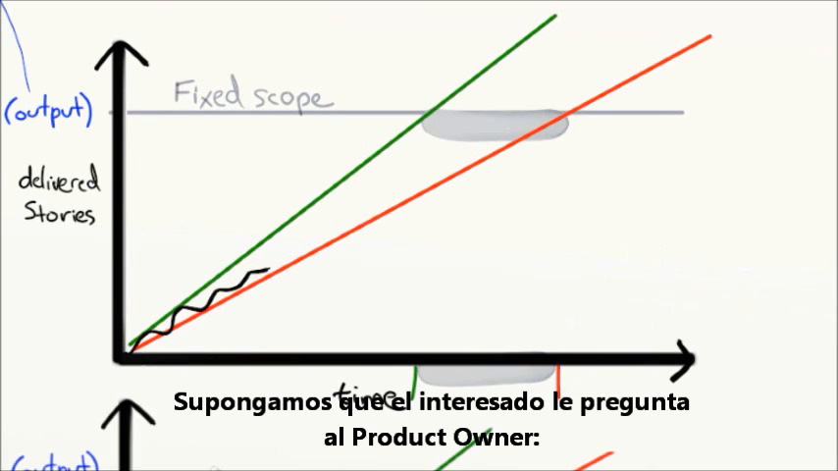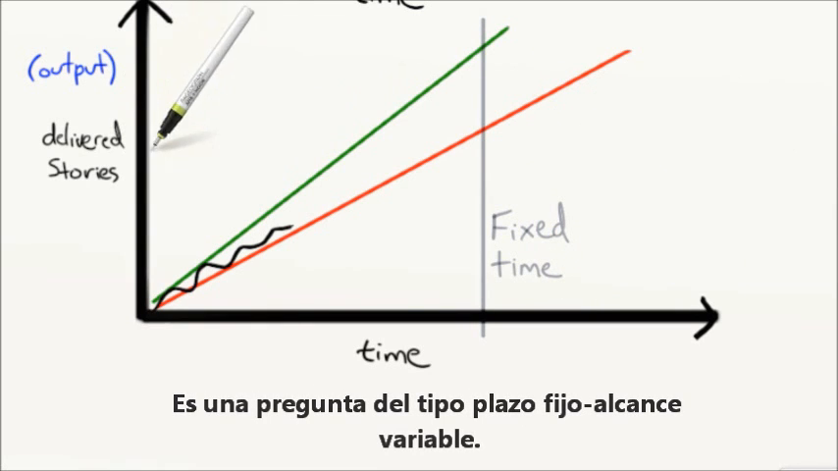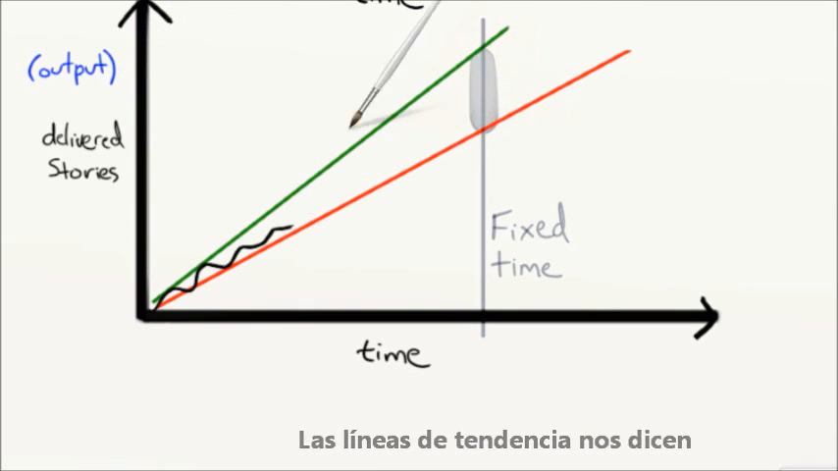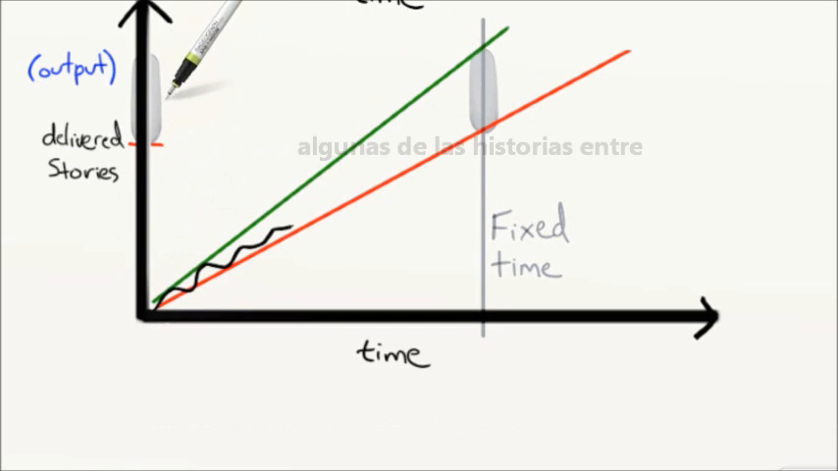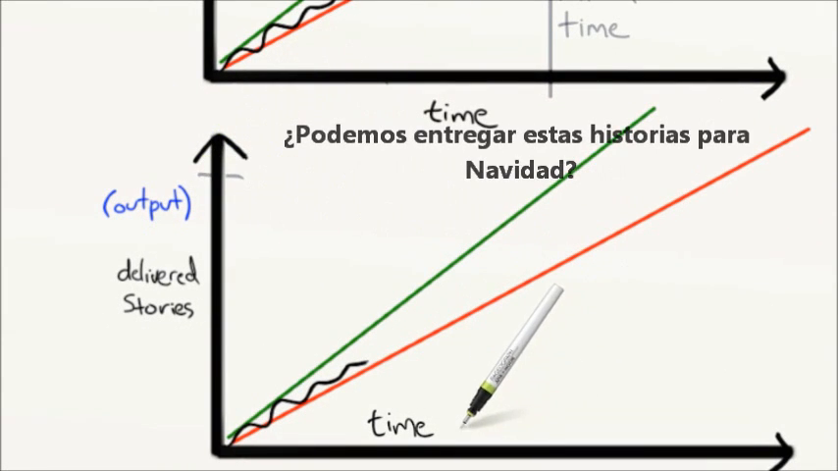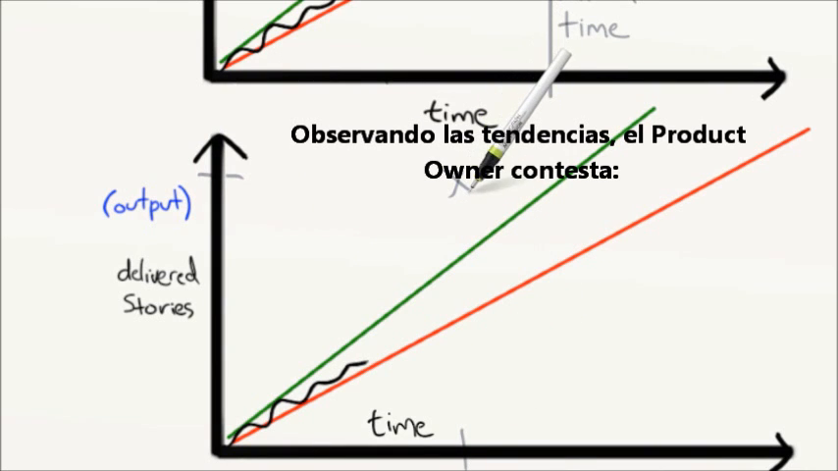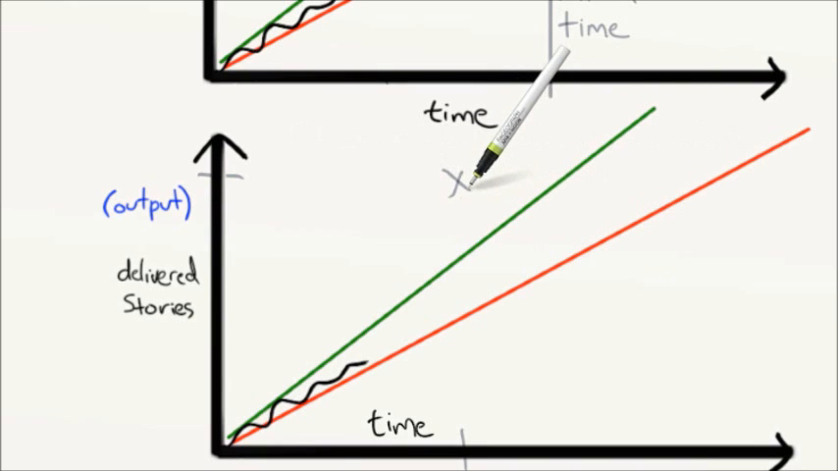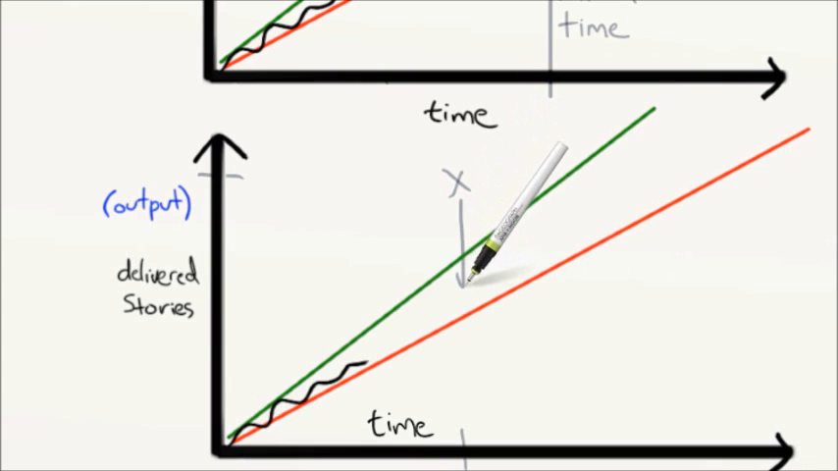Suppose the stakeholders ask Pat, how much will be done by Christmas? That's a fixed time, variable scope question. The trend lines tell us, we'll most likely finish all of these by Christmas, some of those, and none of those. And finally, suppose the stakeholders say, can we get these features by Christmas? Now, that's a fixed time, fixed scope question. Looking at trend lines, Pat says, nope, sorry, ain't gonna happen. Followed by, here's how much we can get done by Christmas, or here's how much more time we would need